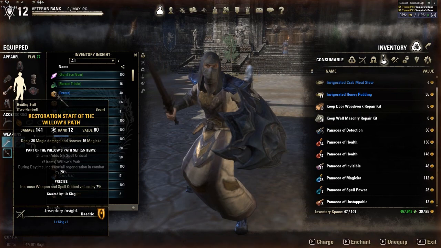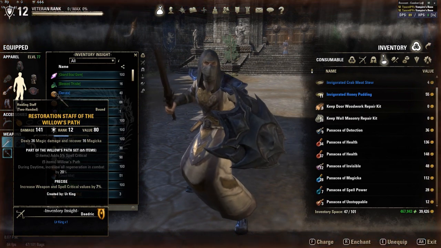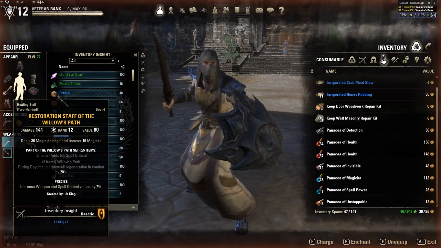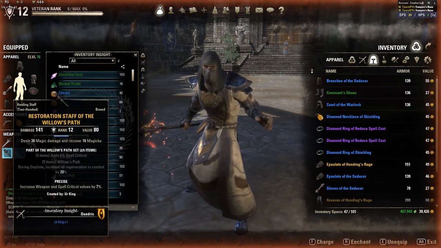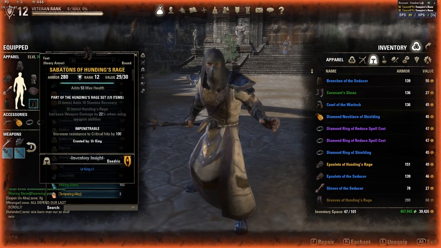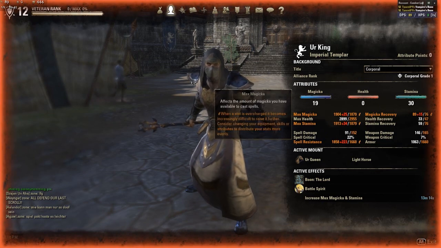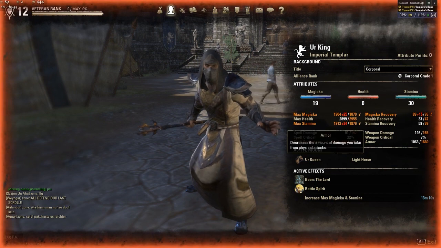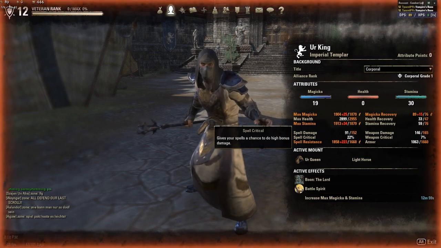Of course, for the restoration staff I'm using spell critical and weapon critical increase as the trait, and as a glyph, additional Magicka damage and recovery of Magicka. As you can see, for the swap I'm using Willow's Path, which adds an additional 5% spell critical. Here on this itemization I'm using only 1 heavy piece of armor. My attributes are looking like this. With the Arena set I will have a lot more armor because of 4 pieces giving additional armor. With Inner Light